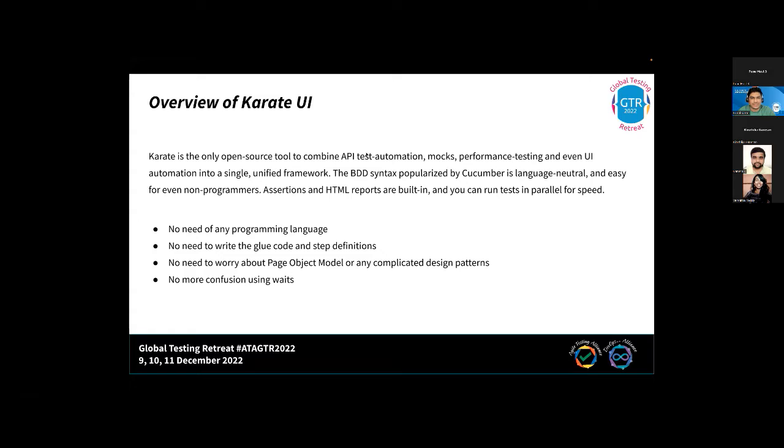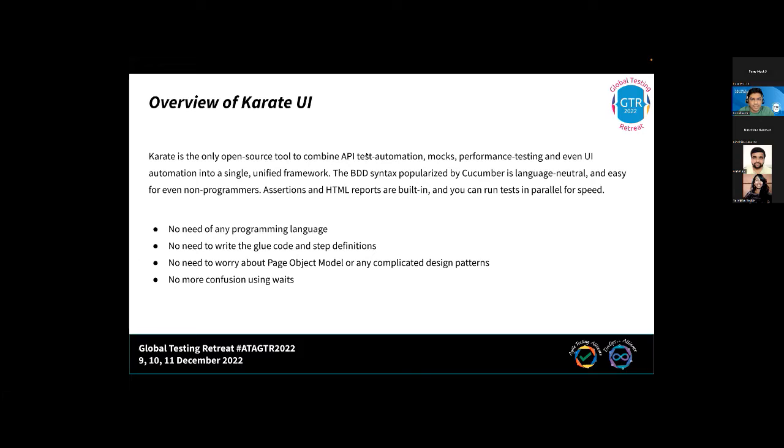Then came the Selenium era, and people started working with Selenium. There are multiple language bindings Selenium comes with, I hope everybody is aware. Many people started writing and talking about it, but my search was still on, and I was lucky to come across Karate. Back then, Karate was in an early stage.